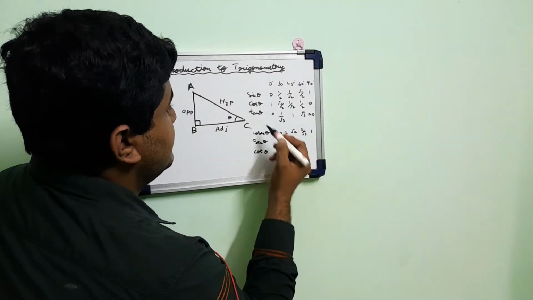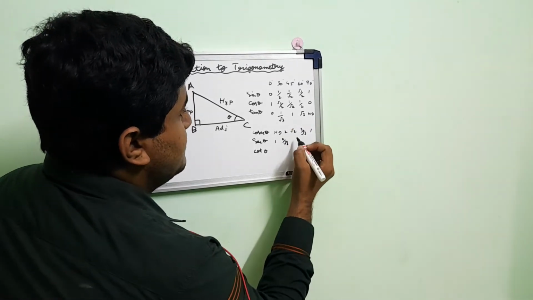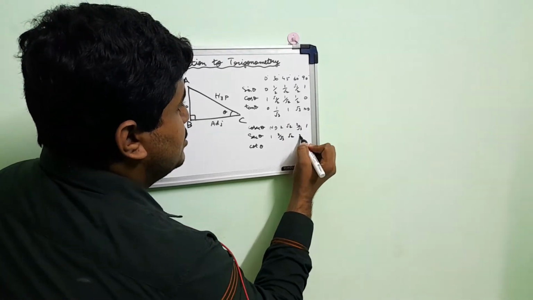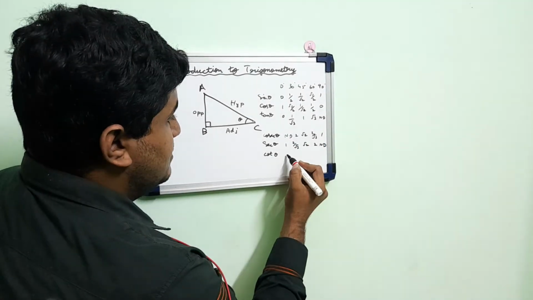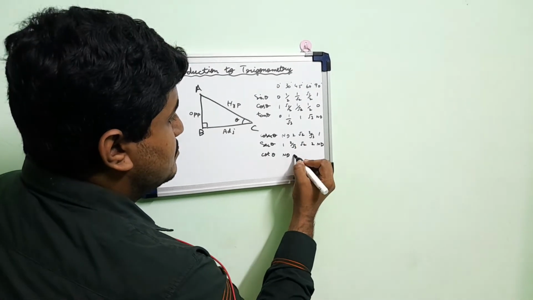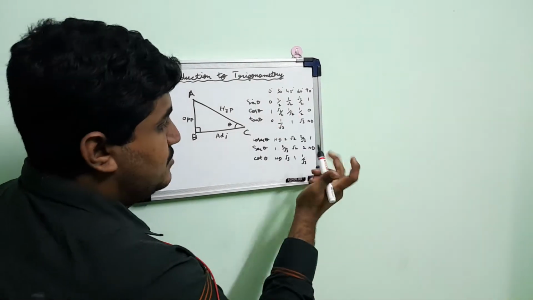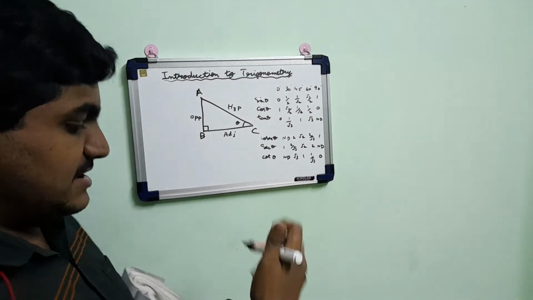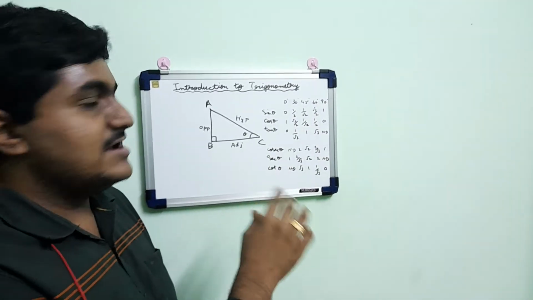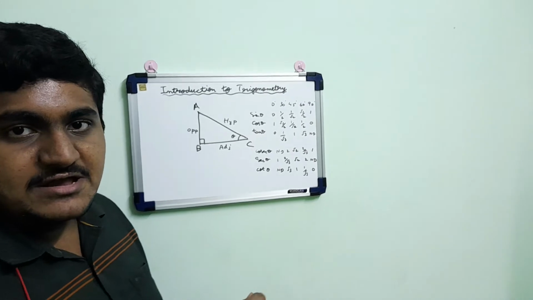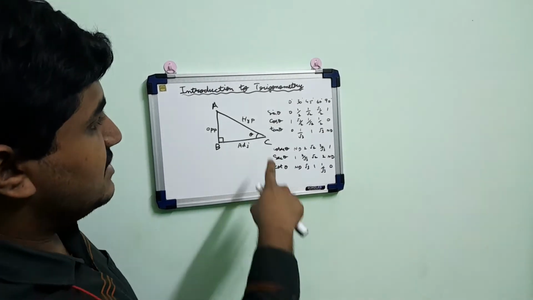Now for secant theta, it is the reciprocal of cos theta. So 1, 2 by root 3, root 2, 2 and not defined. Then for cot theta, again it's the reciprocal of tan theta, so not defined, root 3, 1, 1 by root 3, and the reciprocal of not defined will be 0. So these are the values of the various trigonometric ratios for the various angles. So you should be thorough with this. If not all, you should at least be thorough with the basic trigonometric values.